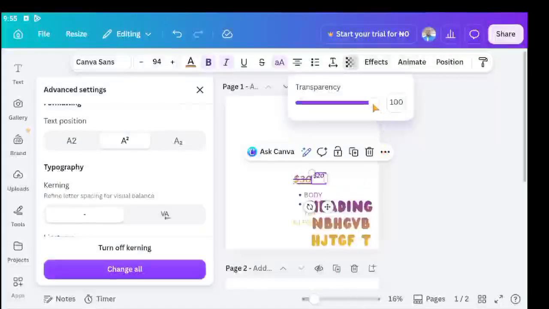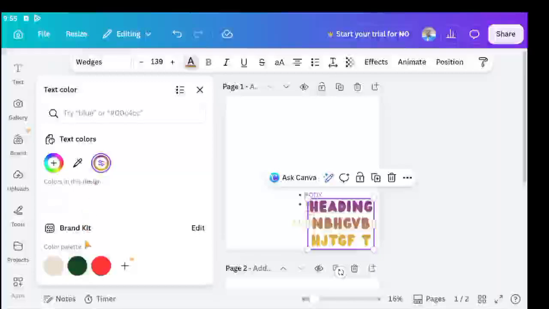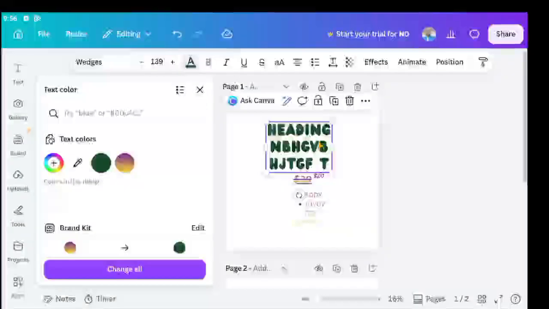So transparency, in the sense of the brightness, or should I say how visible it is. If it is 100, that is the maximum. Zero is the smallest. Zero means it is not even visible. So you can increase this to make it more visible. This is what I'm talking about. So you change the color to a solid color like green. If you bring this here,